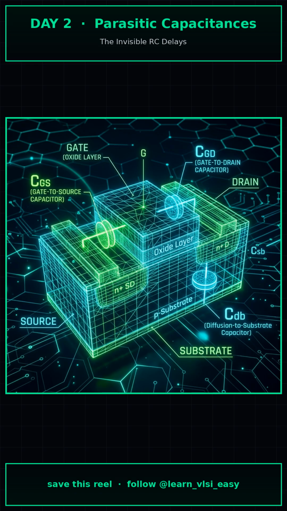Furthermore, the heavily doped source and drain regions sit inside an oppositely doped well, creating a massive reverse-biased p-n junction. This forms the diffusion, or junction capacitance. When our CMOS inverter switches, it isn't just driving the gate of the next transistor, it is forcefully dumping charge into all of these parasitic capacitors. Accurately modeling these invisible capacitances is the entire foundation of static timing analysis.